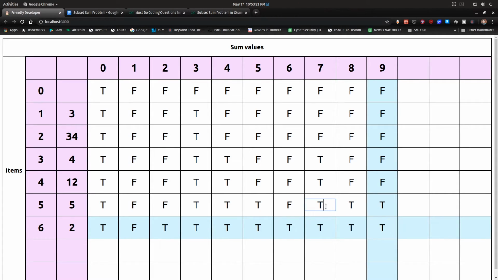Let's say we recurse, let's take this path as an example. So in this path, by excluding 5, yes, there was a solution that sums up to 4. So we took that path. Now by including 5, 7 minus 5 is 2. By including 5, no, there was no such path. So we only took this path.